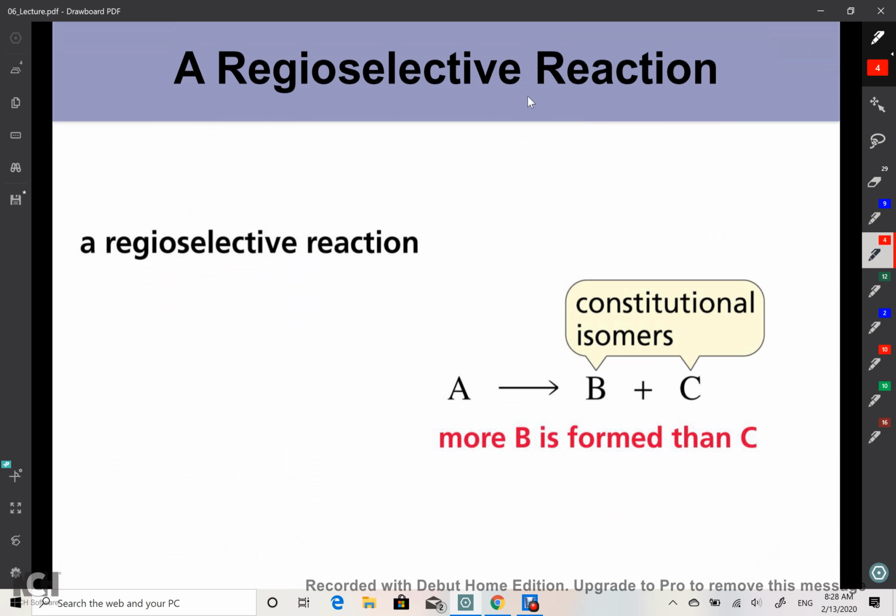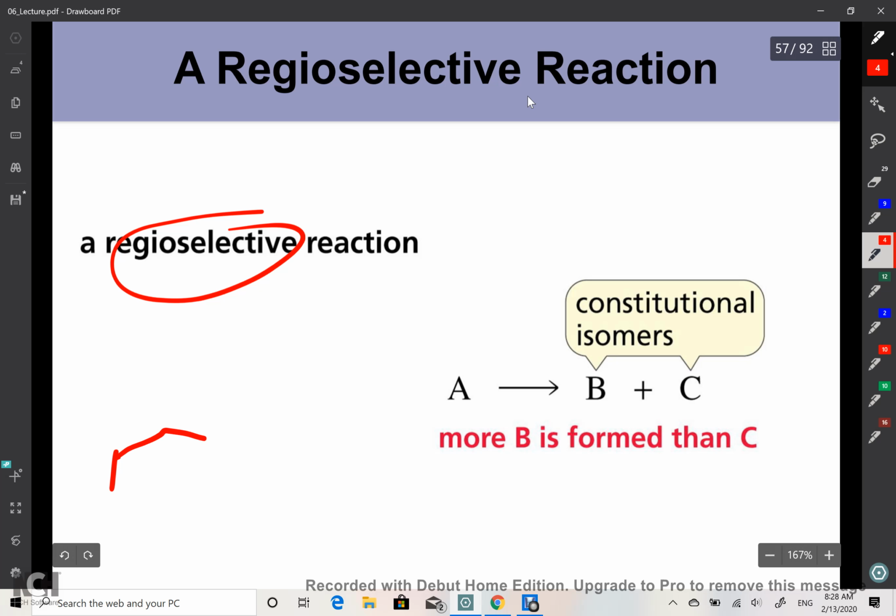This reaction is regioselective. So when we talk of regioselectivity, it means that the reaction has a possibility of forming two constitutional isomers, and one of the constitutional isomers is preferentially formed over the other. That's why we say the reaction is regioselective. Does that make sense? When you have the possibility of forming two constitutional isomers, for example, if I give you this reaction,